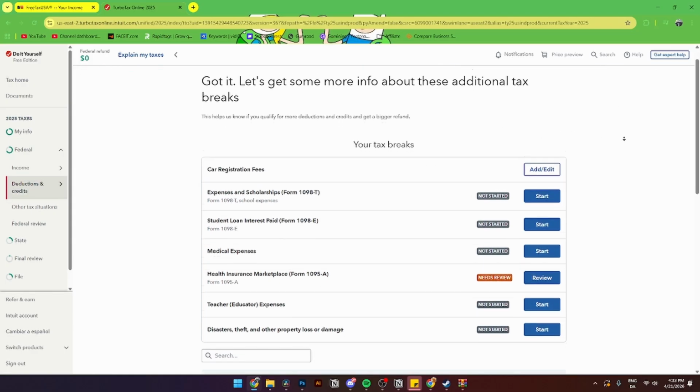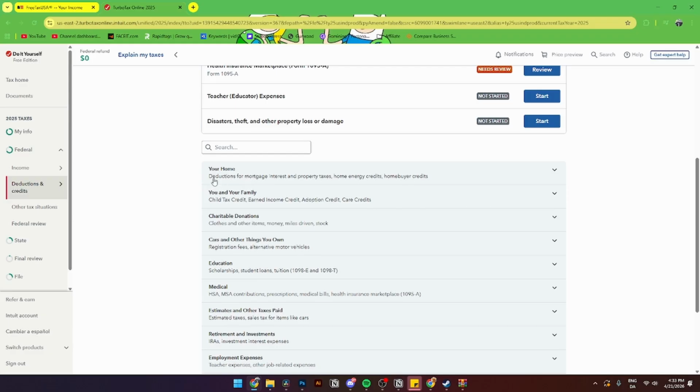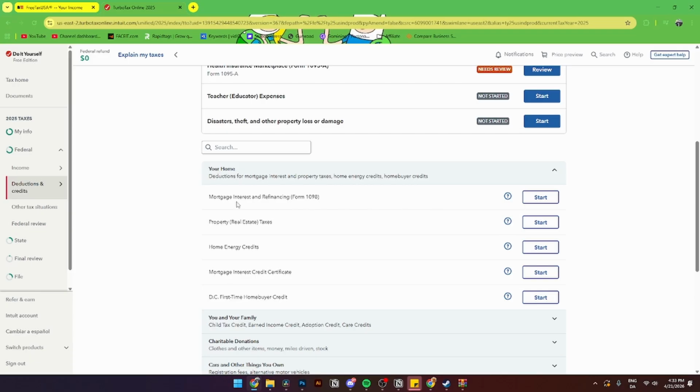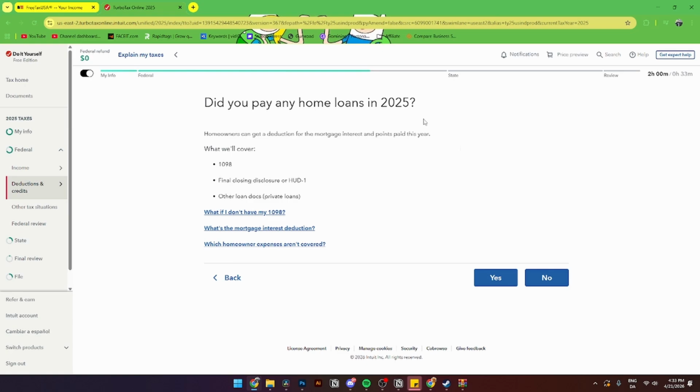From here you'll simply need to scroll down until you see your home down here, where you can see deductions for mortgage interest and property taxes. From here you'll just pull this out, and from here you'll be able to see the first one, mortgage interest and refinancing, also known as the form 1098. From here you can either start or edit it by clicking here, and then from here it should look something